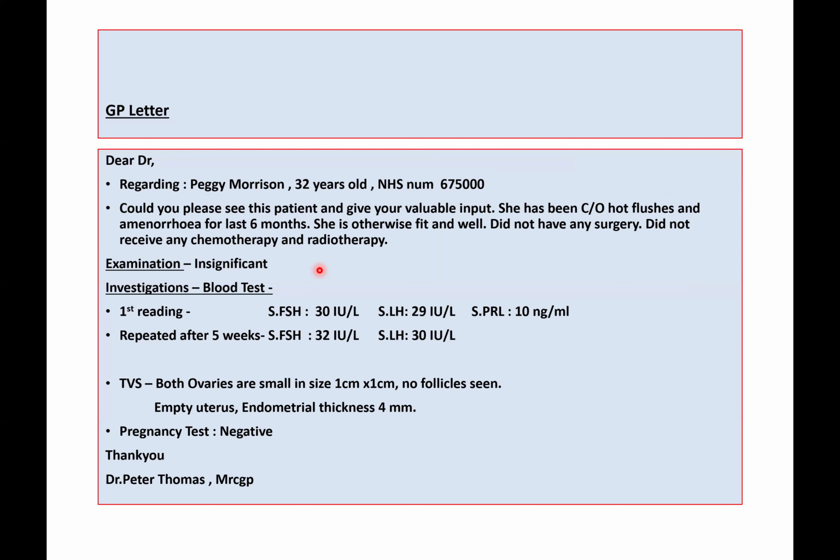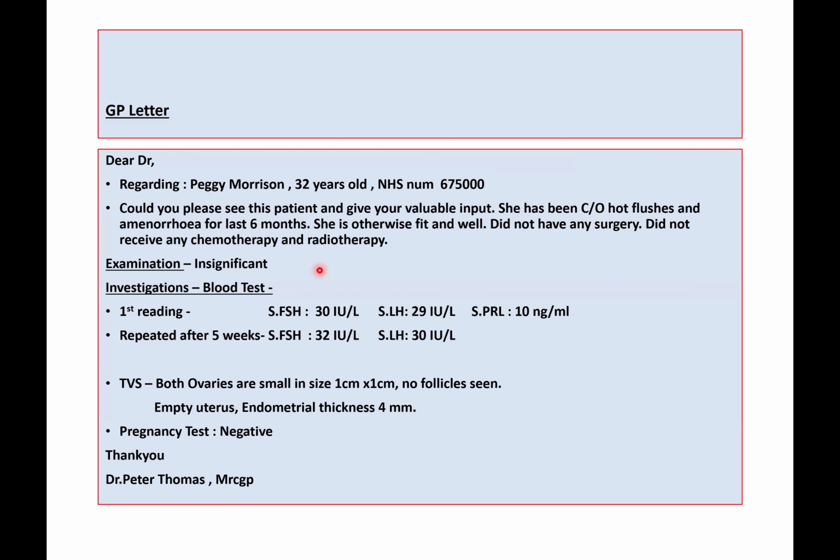Generally our brain releases some signals which are sent to the ovaries, and in response to those signals, the ovary releases an egg as well as some hormones like estrogen, which is necessary for our general well-being and also for our cycles. But in your case, the FSH, which is the signal hormone, done twice, is high both times. This means that your ovaries are not responding. In this condition, when the ovaries do not release these hormones and you are below 40 years, we call it premature ovarian insufficiency.